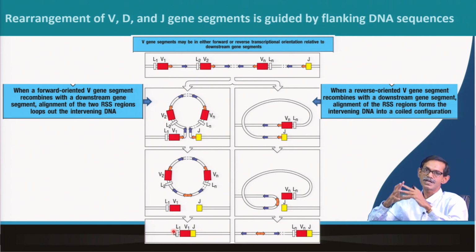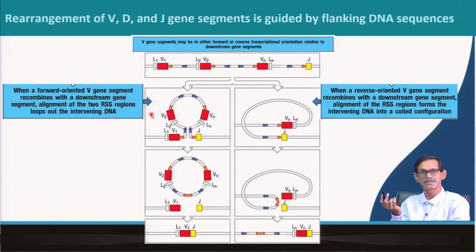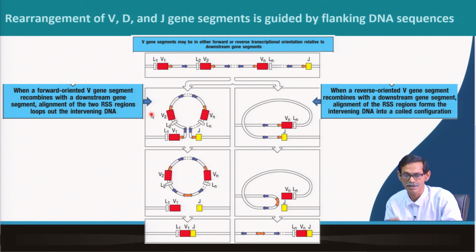So, one B cell is done. Suppose in this case, it is very simple and straightforward: V1 is joining with J, so the rest of the V segments are deleted anyway, and there is no scope for further recombination. But this is not always the case. It is possible that V3 can join with J. So V4 to Vn will be eliminated, but V1 and V2 will still exist in the chromosome, and even after that it is not going to recombine anymore. Even if I say the last one, Vn, is recombined with J,